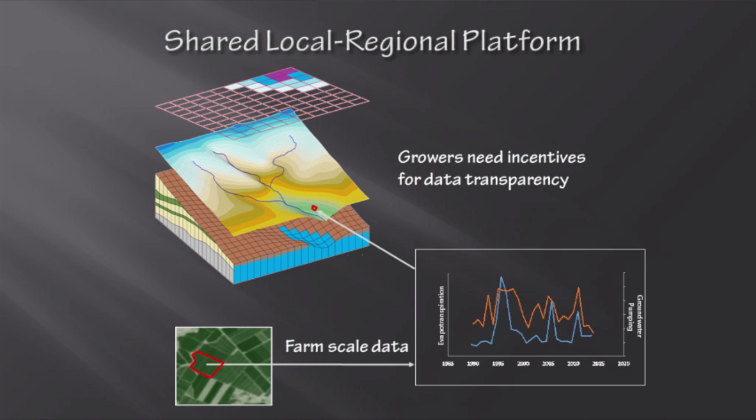Then we have these tools. We have flow meters on their wells. We're measuring consumptive use, and we know how much energy they're using. We can then take that at the farm level, and if the farmers are willing, we can upload that information into our regional scale model, and have a tool for regulators so that they can have a sense of how well the system is doing and how much sustainability they can expect moving forward.